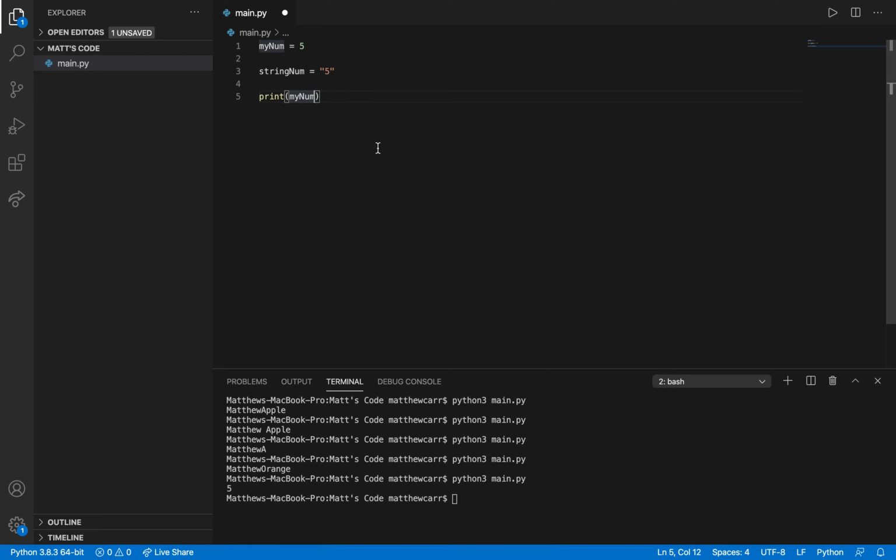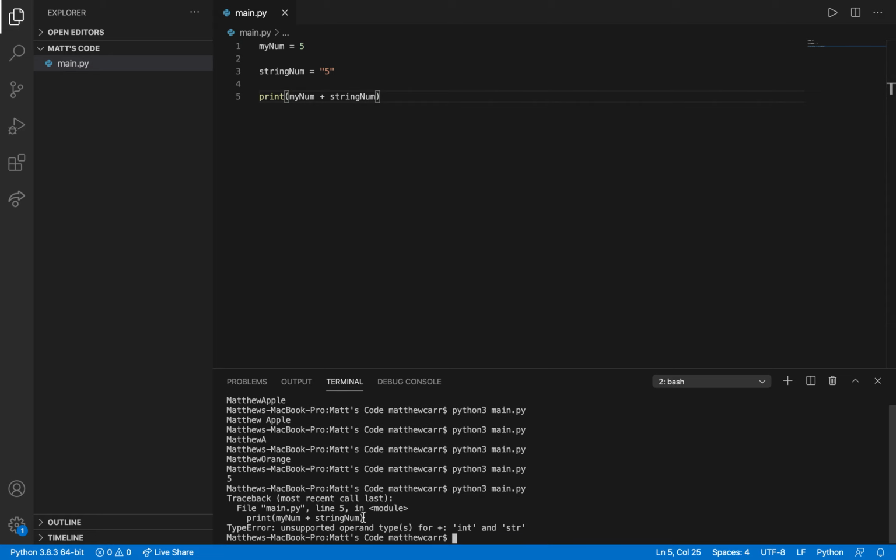You get an error. Let me show you that. In the print function, we're trying to concatenate a string and an integer. If we do that, you get an error. And something cool here in the terminal: it helps you find out what the error is.